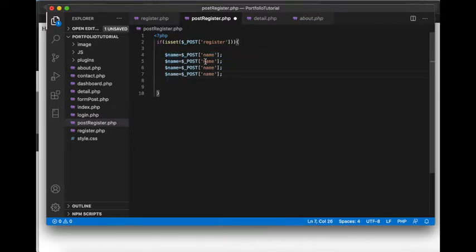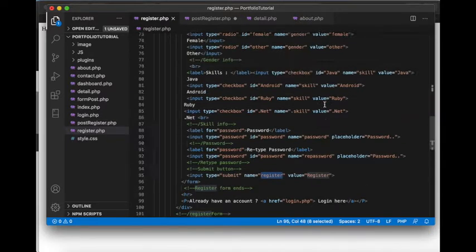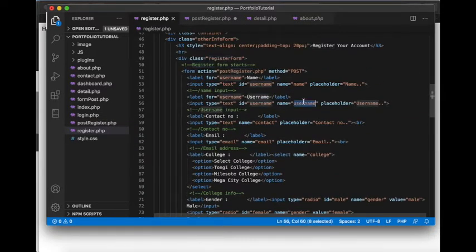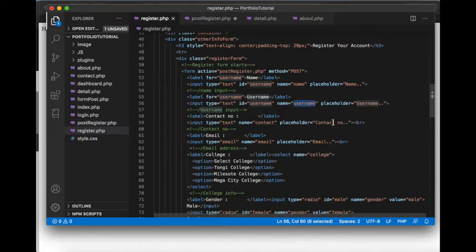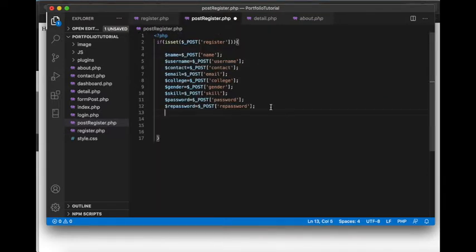Okay, name, then all if you can see after, sorry, if I go fast, then username, right? So then username. So let me paste here username, then contact. Now what I will do,